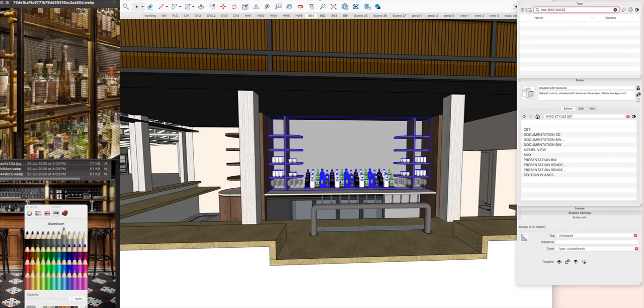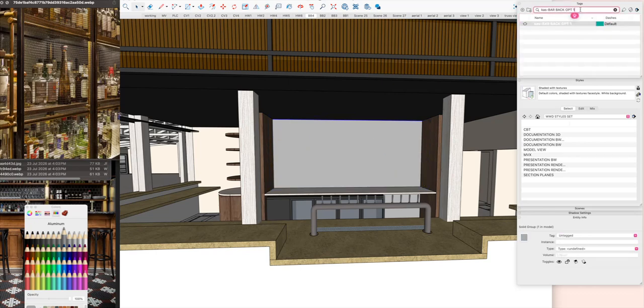And I'm just going to then come in here and do bar back option 1, create that tag, make sure that's still selected, and come in here and pop all of that, so that entire group goes onto bar back option 1. I'm going to deselect that and turn this off. I'm going to change that one a little and create bar back option 2, and